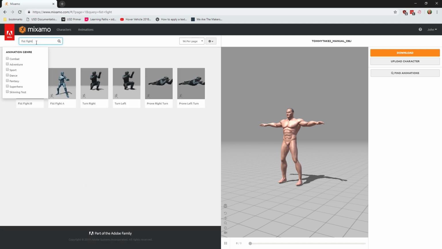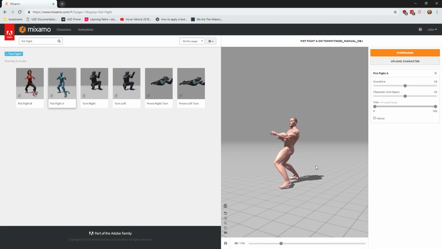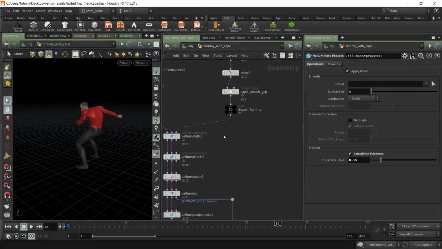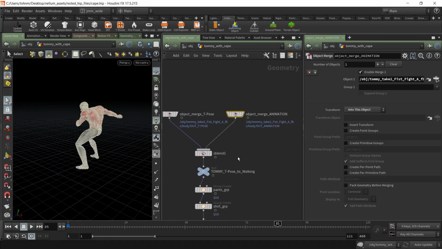So F-I-G-H-T, if I type in fist fight, you'll see that we got fist fight A here. So I just click on fist fight A, and now I've got Tommy doing fist fight A. And that's the animation that you're seeing in Houdini. So I just downloaded it here. It brings in an FBX. Let me close this out, and we'll reopen Houdini here. So it brings in an FBX, and I just merge in that FBX animation that I need,